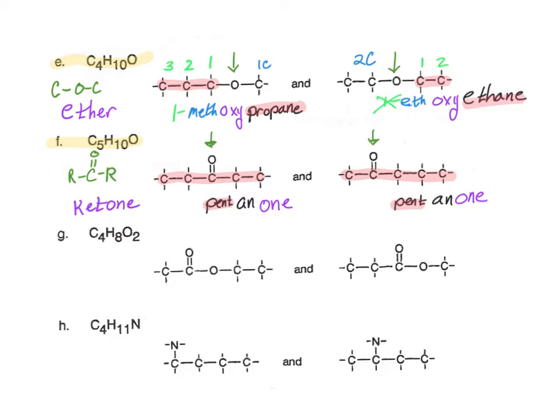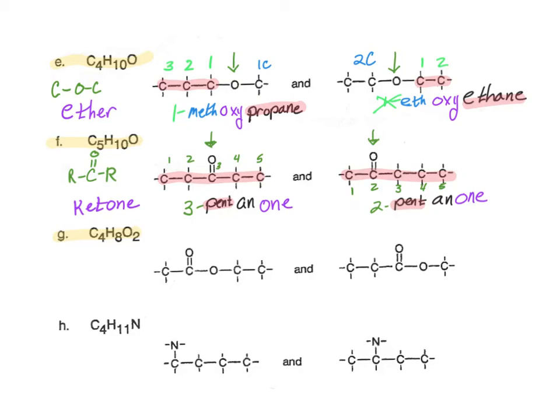And on the first one, what number is the ketone on? I see that it's on number 3, so this is 3-pentanone. And on the second one, we see it's on carbon number 2, and we have 2-pentanone. Let's go on to letter G, which has the molecular formula